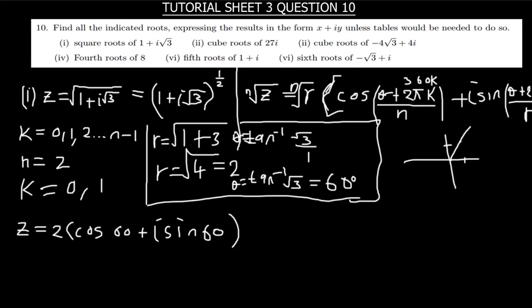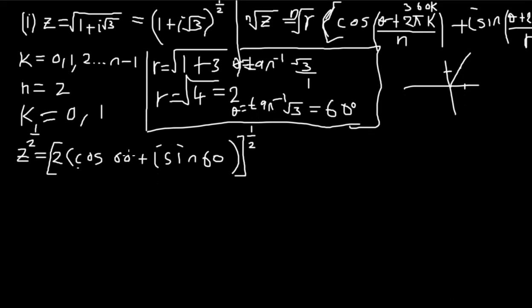So after doing this, this simply means that if I raise this z to the power half, which is just the same as the square root of z, it means that I should also raise this complex number to the same power half. And then from here we can start finding our roots now. So we first find z0. So z0 is nothing but, you remember what we are doing in the first part of the modules. When, let's take for instance, this complex number is raised to the power of 2, it means that 2 is going to be distributed to these 2. Now in this case we're going to distribute this half to these 2. So meaning we're going to say 2 to the power half,